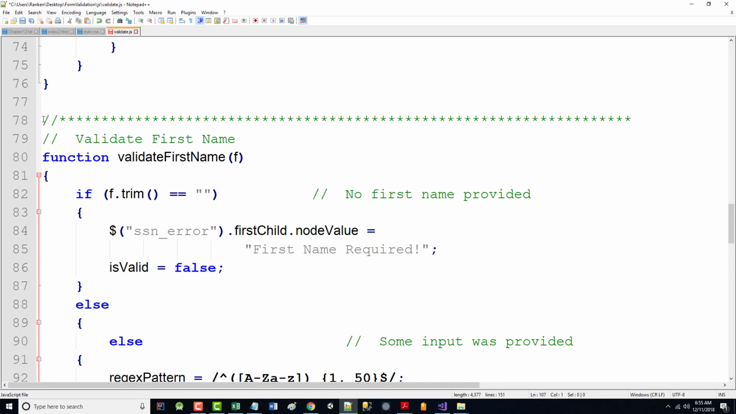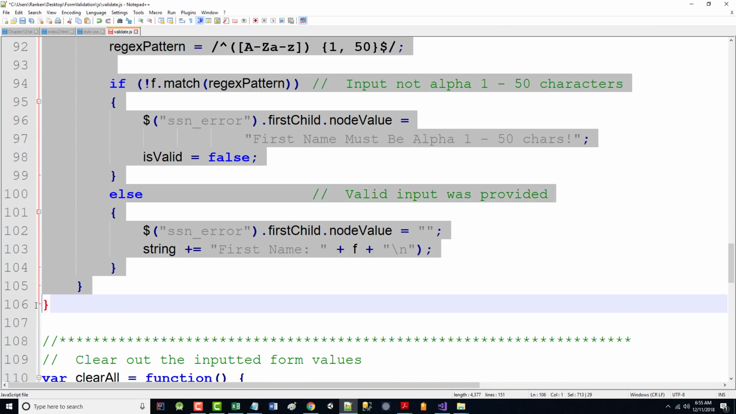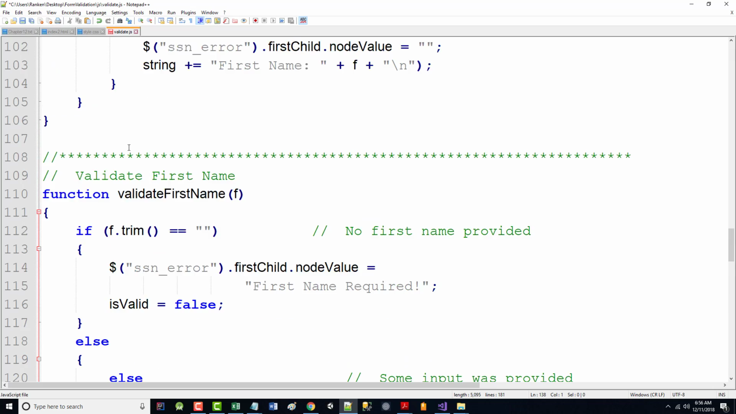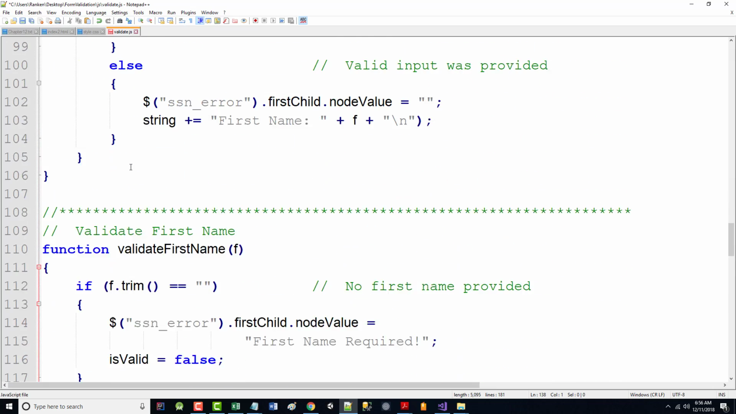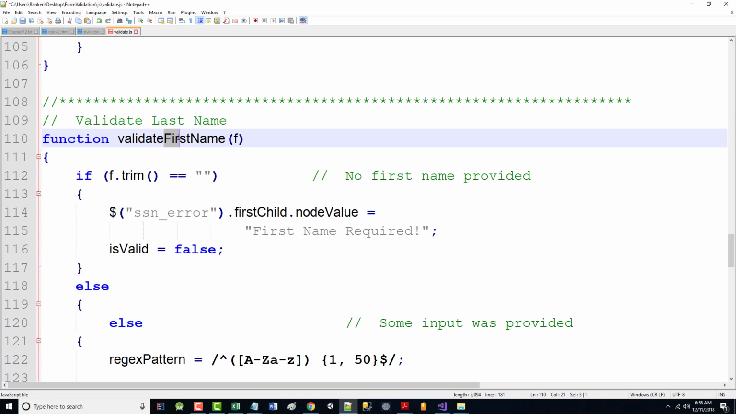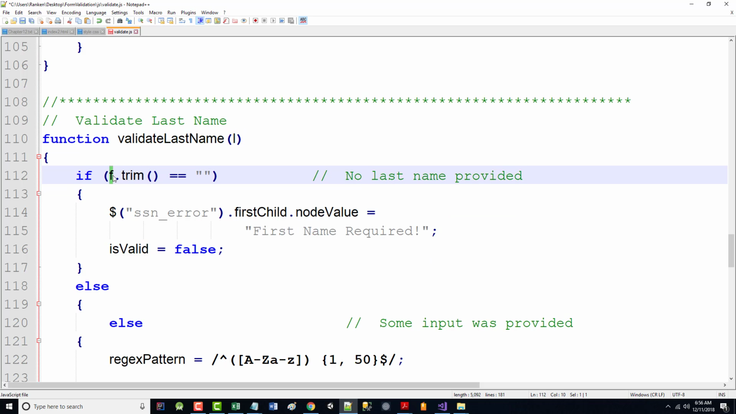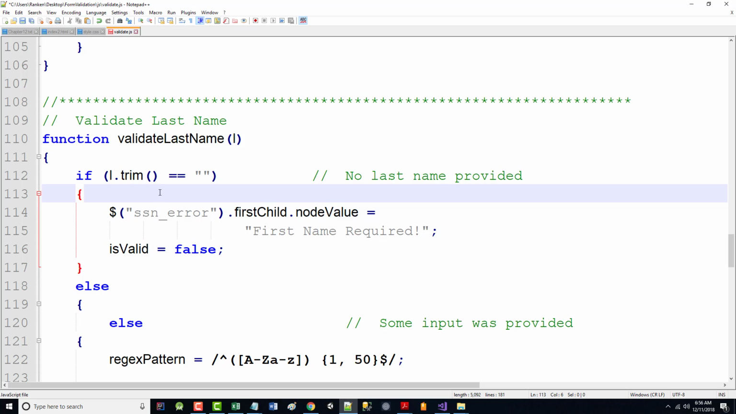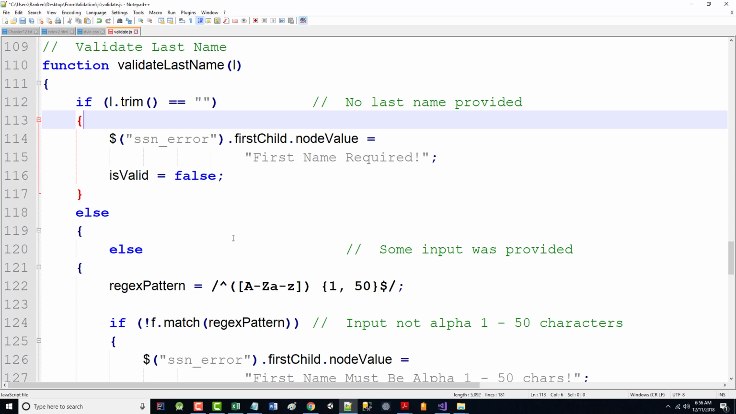Now I'm going to grab this entire thing right here, all of it, and I'm going to put it in. So there's the first name, there's the first name. So this will change to validate last name. Again, no last name provided. You're getting the idea, hopefully. I could leave that as F, but it's kind of confusing, so I'm going to make it L. That's kind of confusing too, because it looks like a big I. So